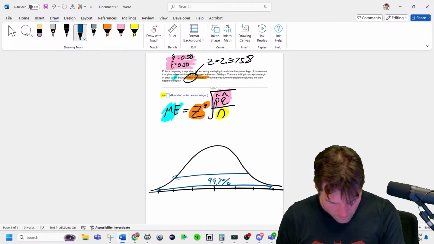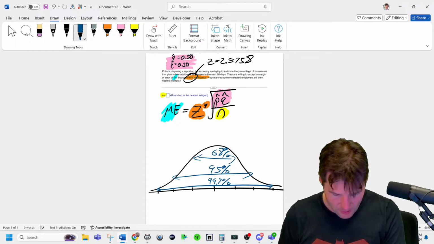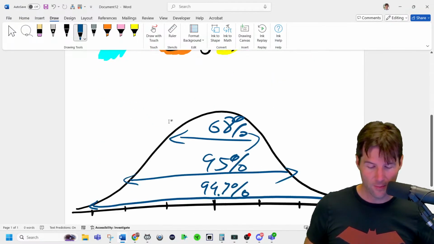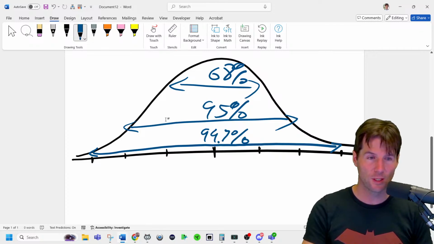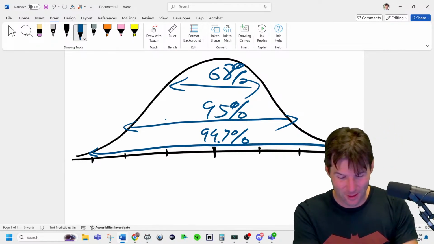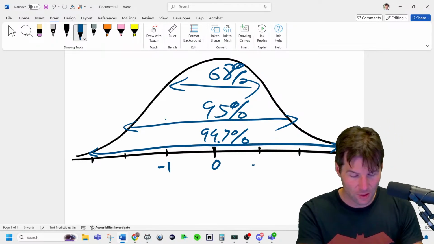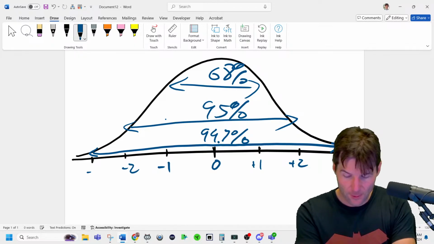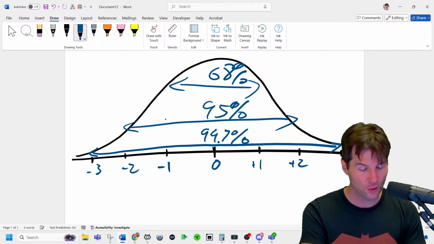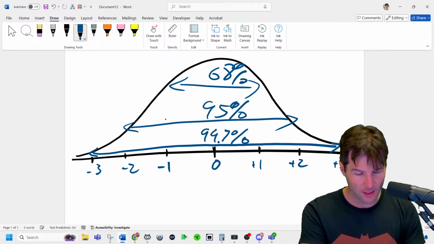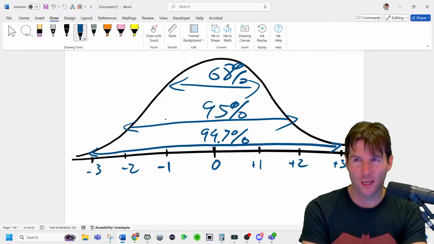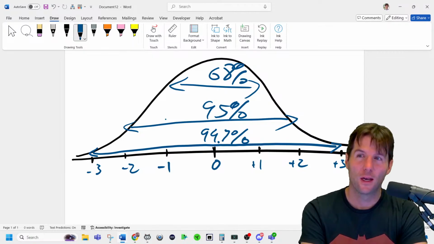2 is 95% of the area. And 1 is 68% of the area. This is called the empirical rule, and it's the amount of area covered within 1 standard deviation. So as you go out a certain amount of standard deviations, you cover more of the area. So a 95% confidence interval is not technically 2, it's technically 1.96. 2 is 95.449, 1 is 68.26. And then 3 is